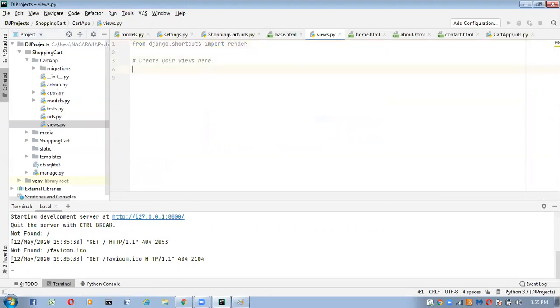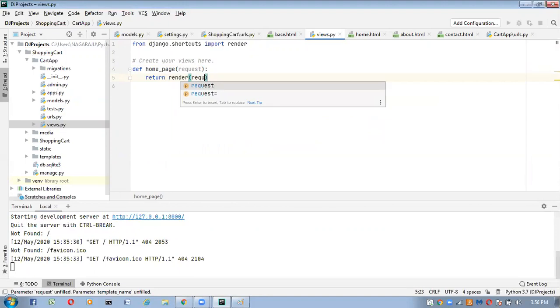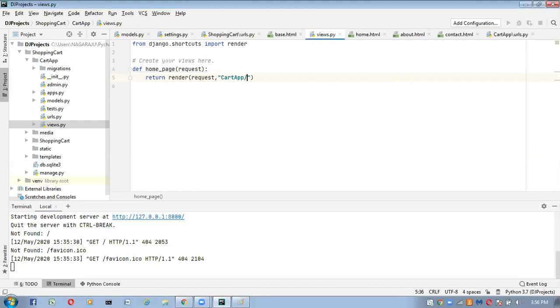Def home_page(request). Here I'm going to take return render of request, comma, where we have the HTML file, inside the cart app slash the HTML file name, which is base.html. I'm taking base.html like this.